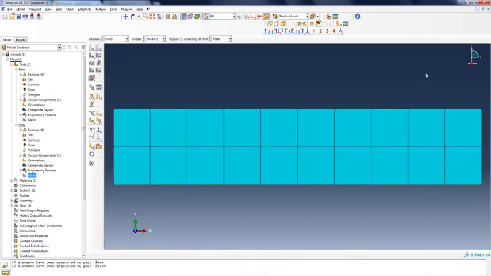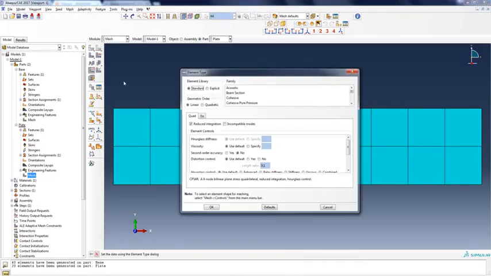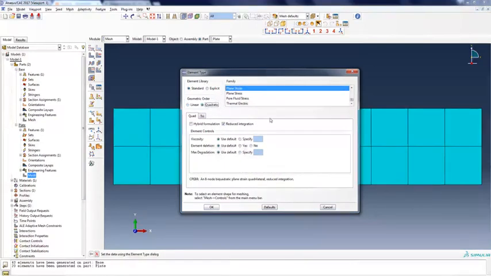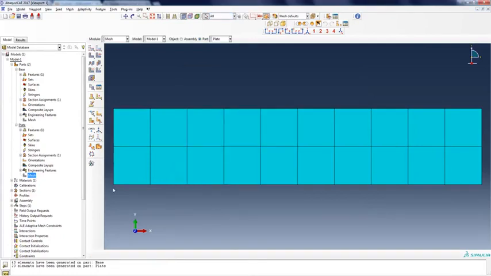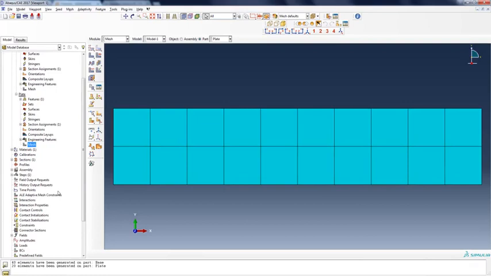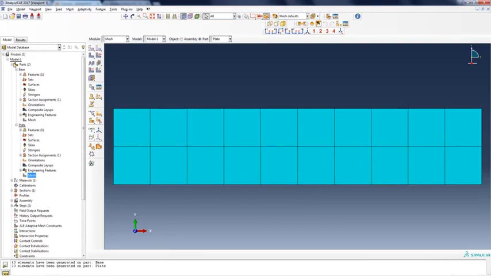We have a nice structured mesh, and then very important, we need to change element type. By default you have reduced integration, and this is not what you want, but before we do this we switch to plane strain. And linear elements, if we uncheck reduced integration, would usually lead to locking, shear locking. We could choose quadratic elements, and because our problem has a point load, we don't want to use reduced integration. Okay, so now the element type for the base doesn't matter that much, because eventually we'll transform this whole thing into a rigid body.